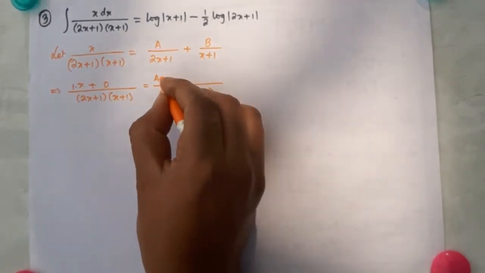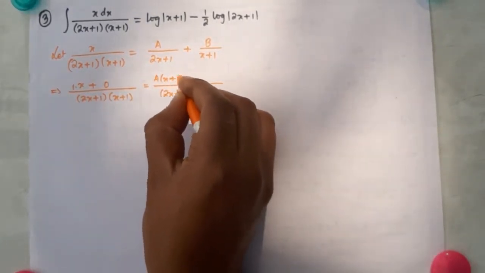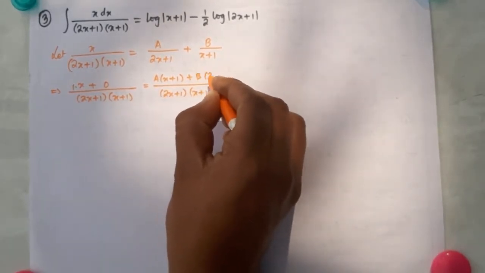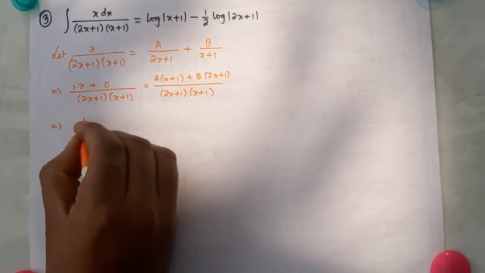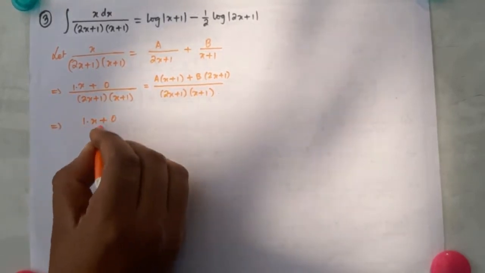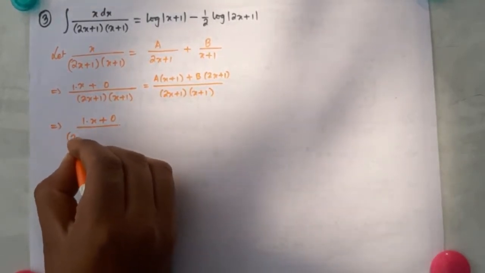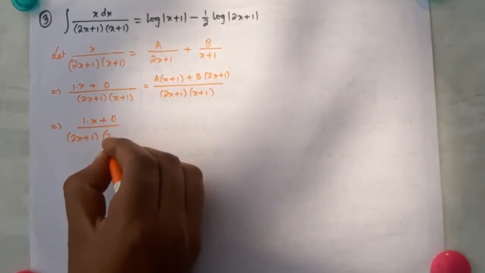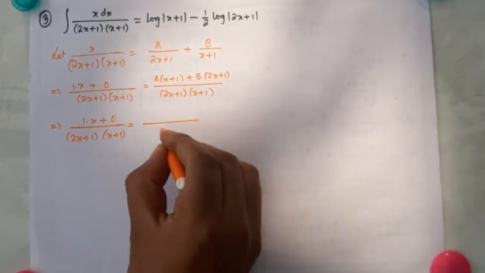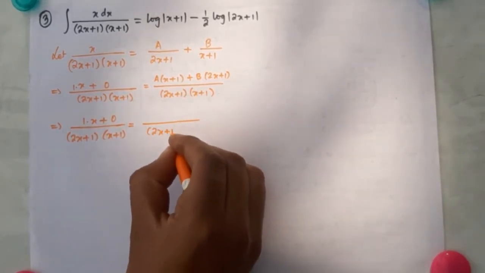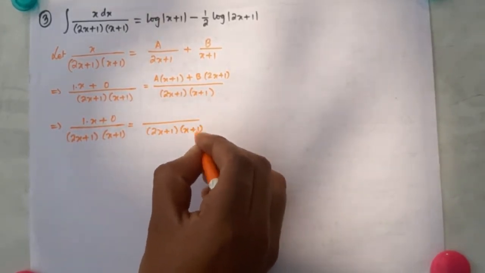We have a into (x plus 1) plus b into (2x plus 1). So we have 1 into x plus 0 divided by (2x plus 1) into (x plus 1) is equal to